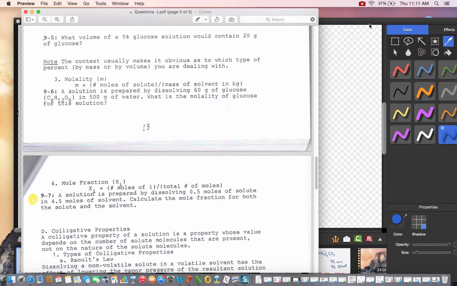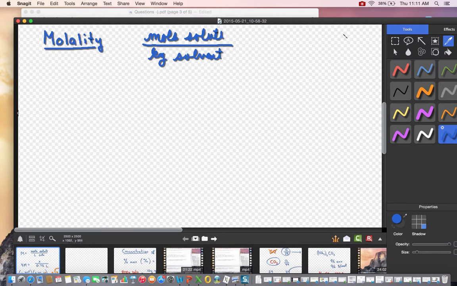Okay, now let's talk about a simple molality calculation. We have a solution that's prepared by dissolving 60 grams of glucose in 500 grams of water. So 60 grams of glucose. Now glucose is another one of those molar masses I just think you should know. It's 180 grams per mole. It's